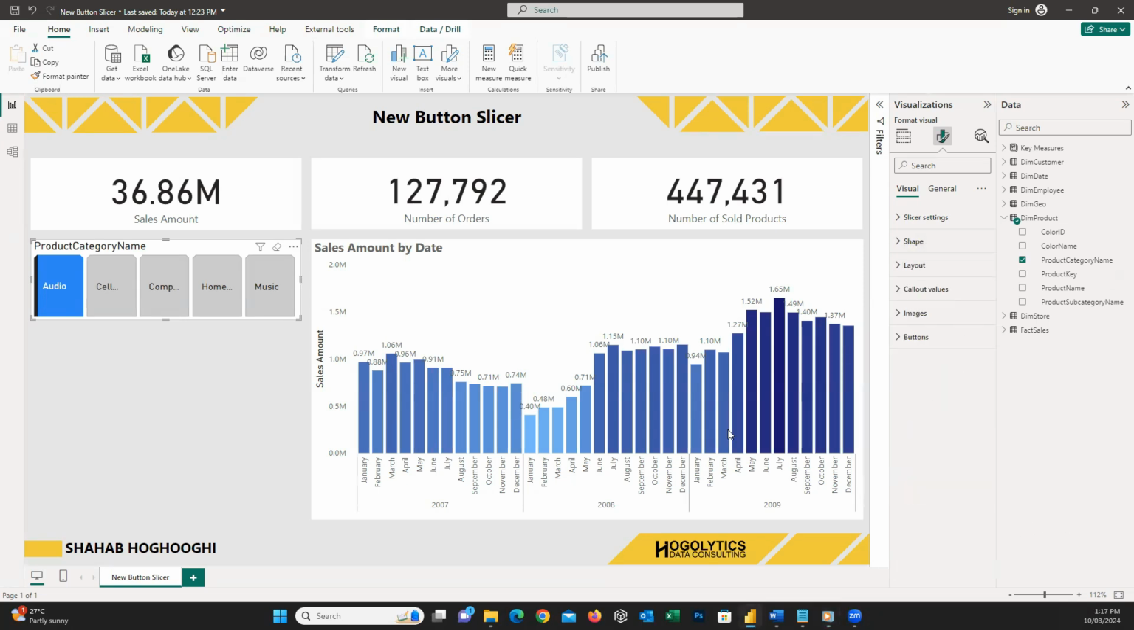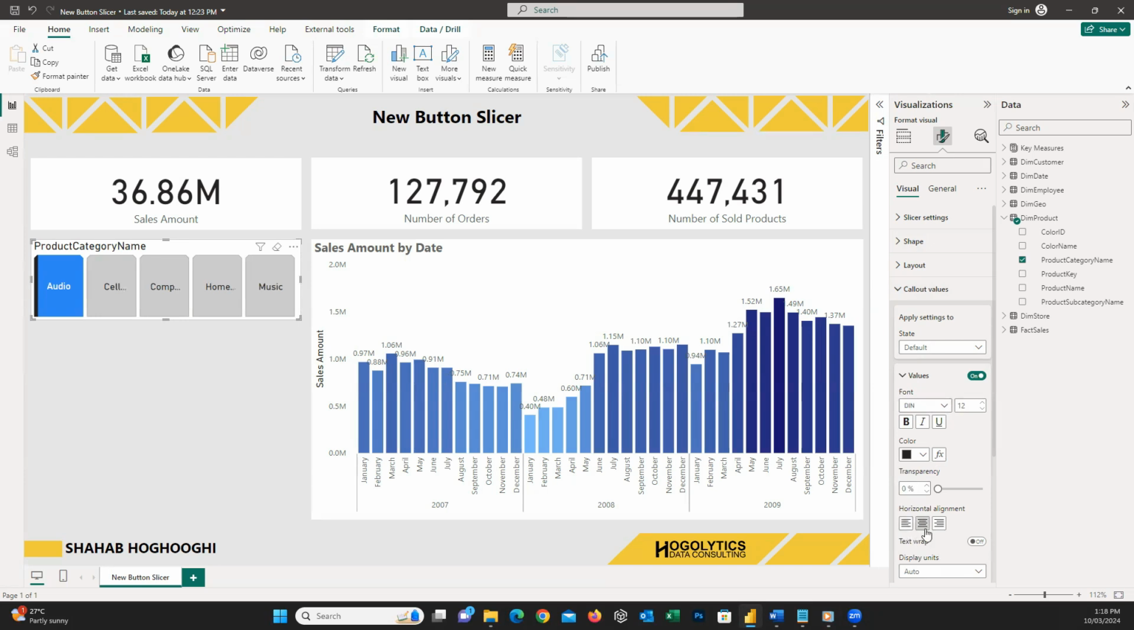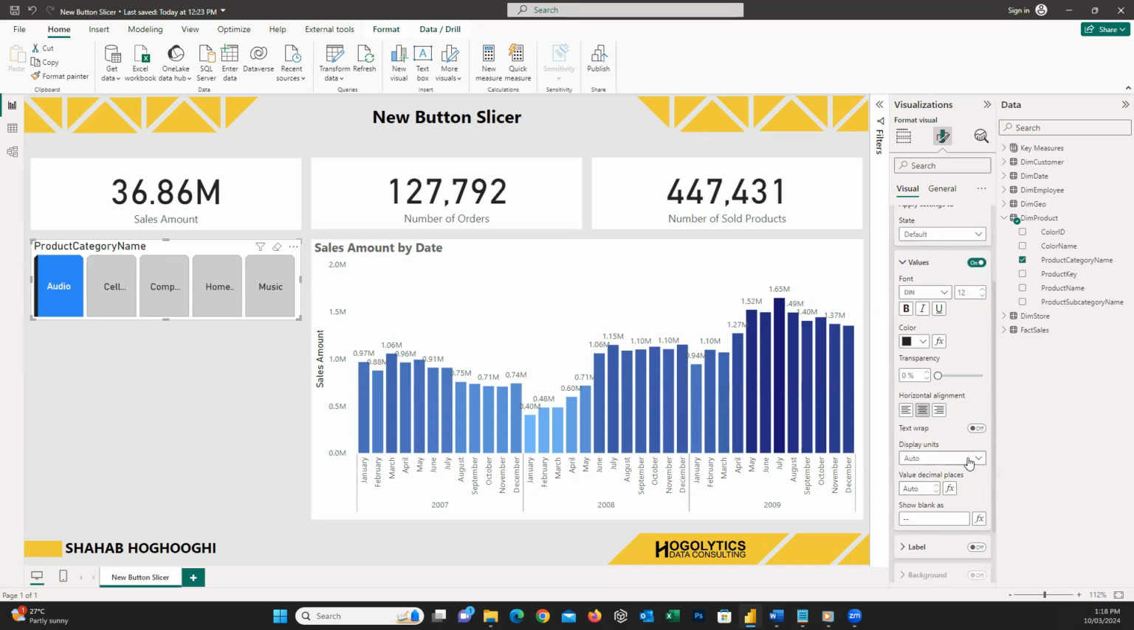We can also change the text or the value on each of these buttons. To do so, let's open the values section. Here we can change the text size, color, transparency, and alignment for any of the states we like. We can also set the text alignment from here. I centralize it. Then we can choose the display unit, or if the values have any decimal points, we can